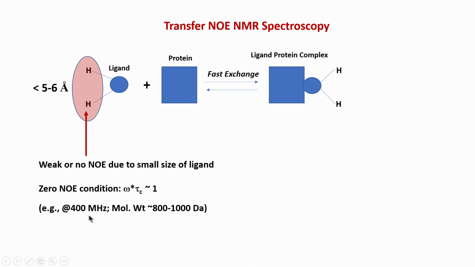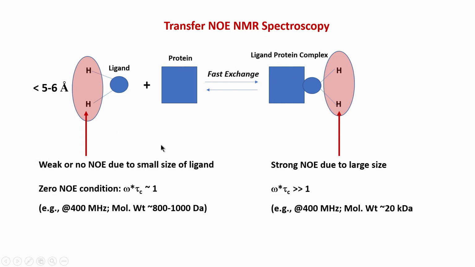So, if you are working at a 400 megahertz NMR spectrometer and the molecular weight of your ligand is somewhere in this range, then omega times tau c becomes equal to 1, and there is no NOE. Therefore, you do not expect any NOE effect in the free ligand because of its small size. But here there is a strong NOE effect because of the large size, because this complex is now